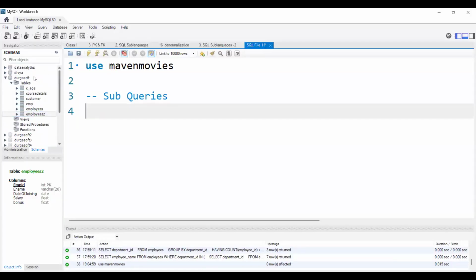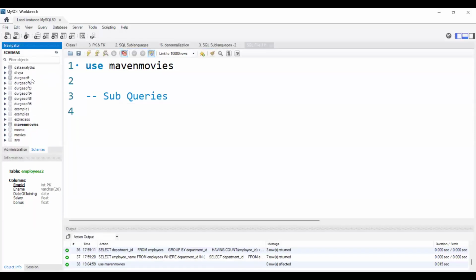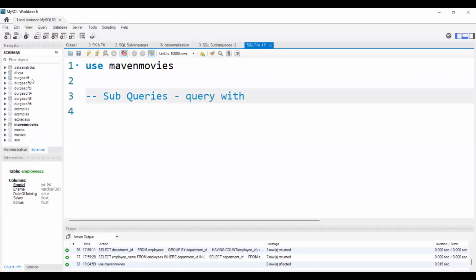So today we are starting a new concept, that is subqueries. Subqueries is nothing but, I can say, a query within a query. If we write a query inside another query, then we can call it the concept called subqueries. Or else, if I write some technical definition for that, I can say,